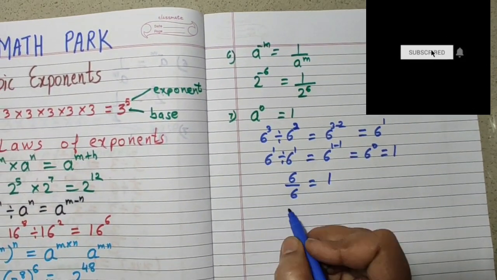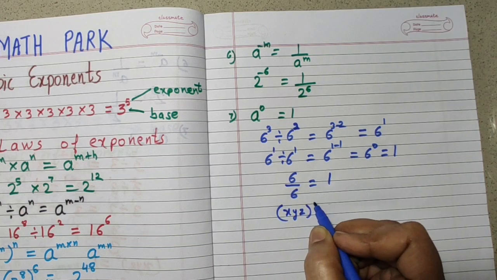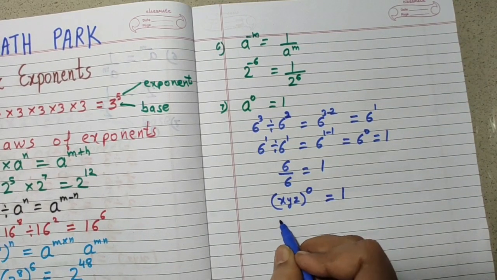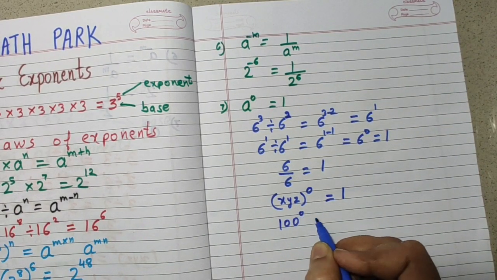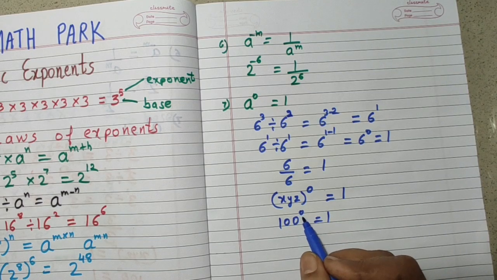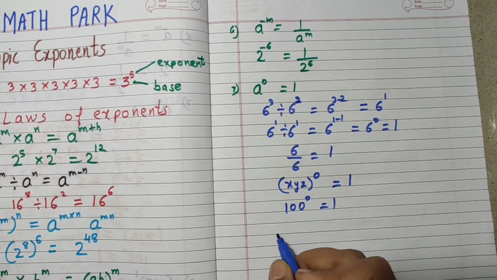So this is how we understand. If I take the power of any number as 0, it will always be 1. Say 100 raised to 0 will also be 1. Whether it is an alphabet or whatever, if the power is 0, the answer is 1. Little more tips on exponents.